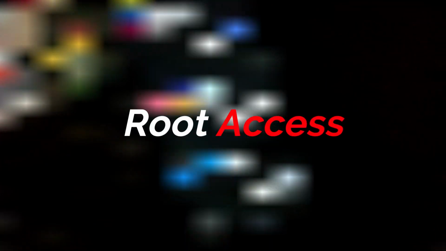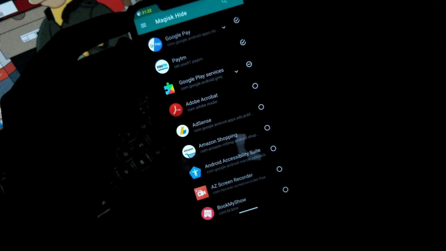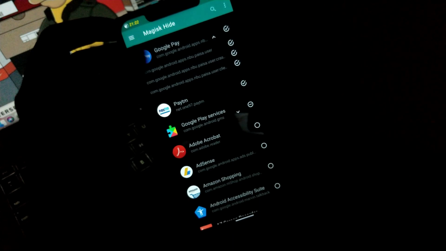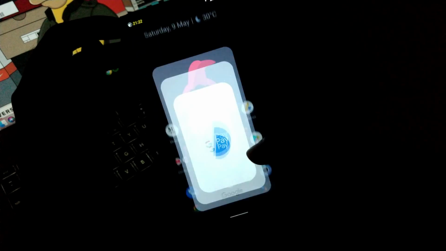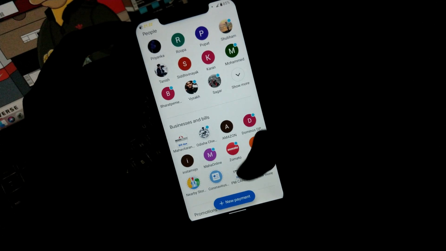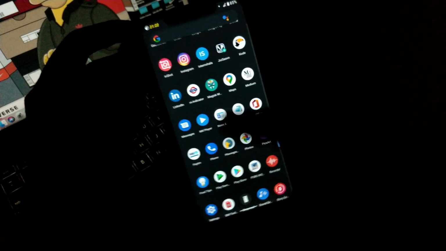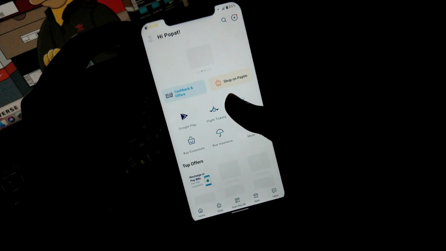Talking about next is the root access. Yes, you can root this ROM. Your root will completely work in this ROM. As you can see, the SafetyNet check has been passed for payment apps like Google Pay and Paytm. And also let me show that the payment app I have enabled SafetyNet for, that is Google Pay, works completely fine, super smooth, and yes, you can do every type of transaction. Moving towards another app, the Paytm, yes, Paytm also works perfectly fine. You can easily transact, receive or send money without any issues. And yes, no issues were found.